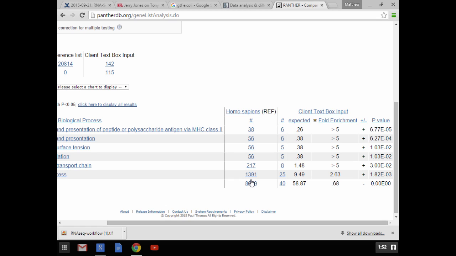Out of the genes that I pasted in, the 200 or so genes that I popped into this list, 6 of them were in that category. So it's about 5-fold enriched versus the total number of things I pasted in. Is this starting to make sense? I'm going to go over it again just to make sure. So the next one down,